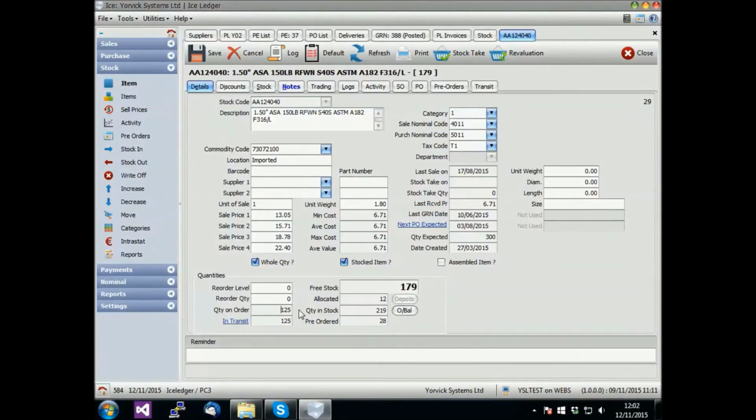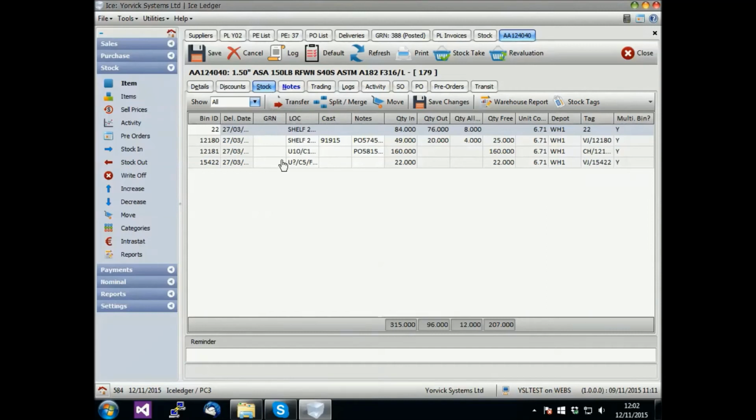If there are any pending purchase orders, then the total quantity expected is also shown as quantities on order, with the date of the first expected delivery and quantity. The Stock tab lists all purchase batches for which there is still some remaining stock. Stock may be transferred between product codes. For example, you may want to split multi-buy packs into individual items and vice versa. If you have multiple storage depots, then stock may be transferred between different depots.